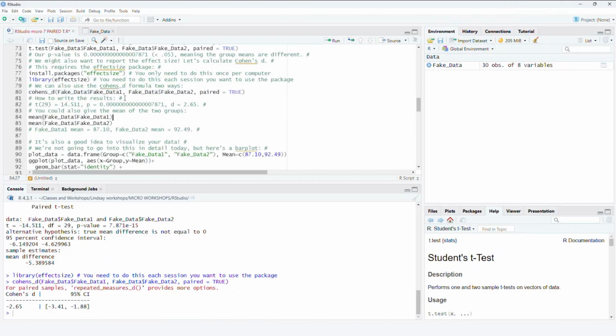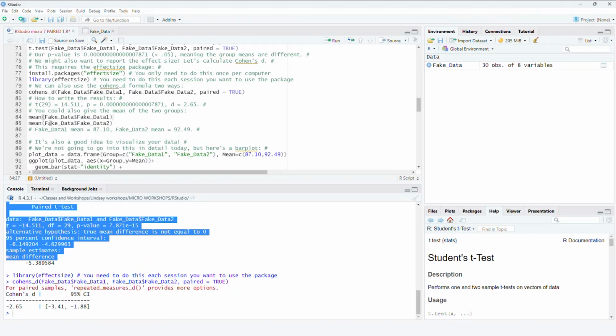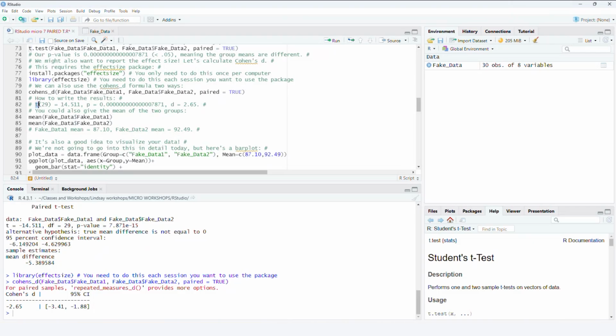So here's how you would write the results if you were doing it in a paper. And this is using some of the information that we just ran from Cohen's d and some of the information from the paired t-test. So how you write this is t, lowercase italicized t because it's a t-test. You give it some brackets and you give it your degrees of freedom, which is this value here. So 29 is equal to your t value. I'm dropping the negative because depending which thing you put where in the formula, one will be positive, one will be negative. It doesn't actually matter. So we can drop that negative and just say 14.511,